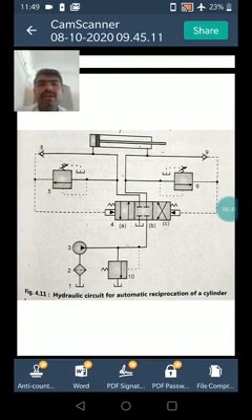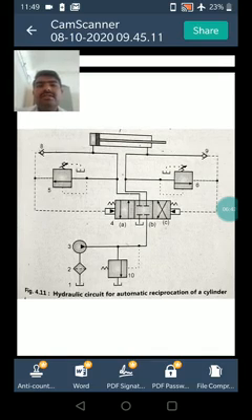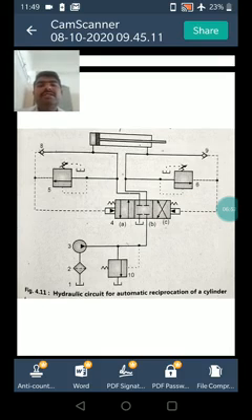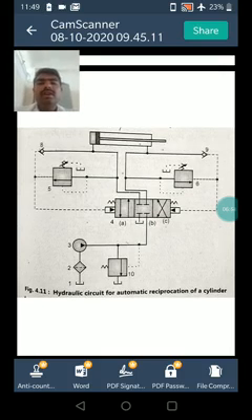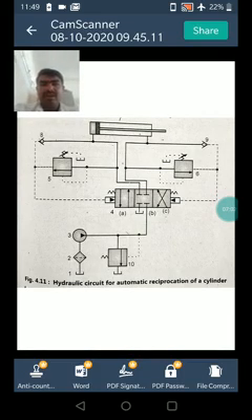Okay, now see the working of the same. Some applications require continuous automatic reciprocation of a hydraulic cylinder. It is achieved by using 2 sequence valves. Each valve senses the completion of a stroke by the buildup of pressure, and the check valve and its pilot line prevent the change of state of the 4-way valve until the stroke of the particular cylinder is completed, as shown in figure 4.11.